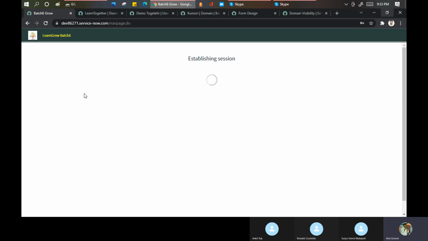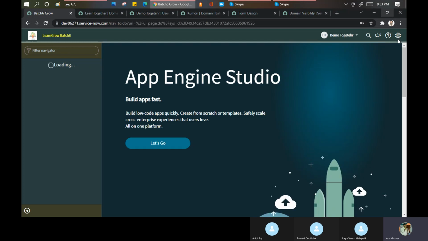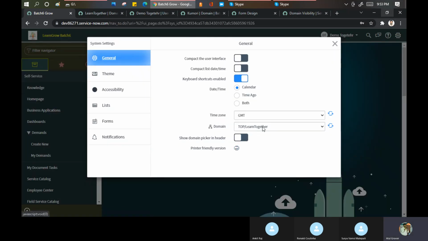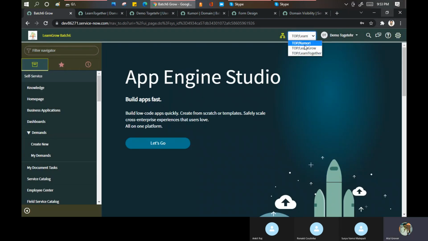Should log in now. Good. Do you notice what was wrong in the first login? Anybody notice this thing? Now you can see, if I pick this domain, he can see the 3 domains. Why? This domain contains Kumuroi. Kumuroi contains this. So ultimately, this user is able to see the data of these 3 domains.